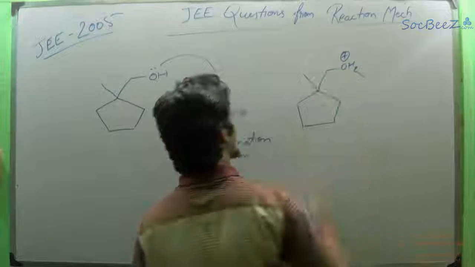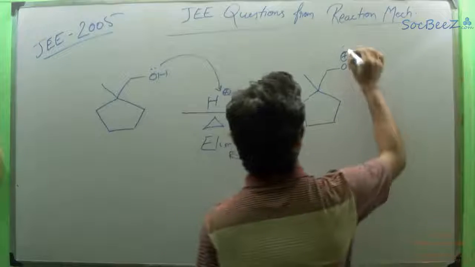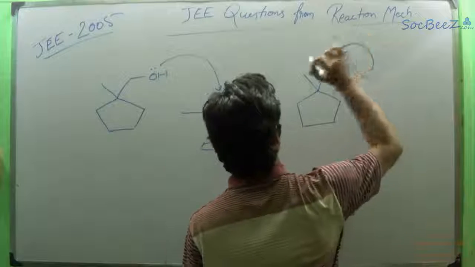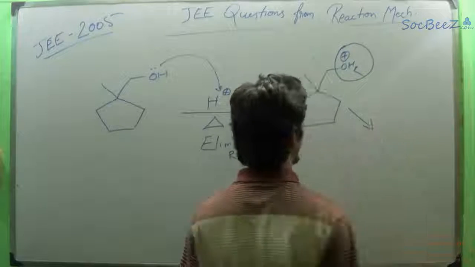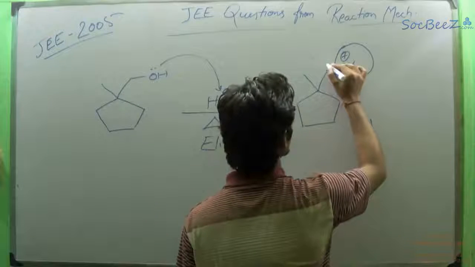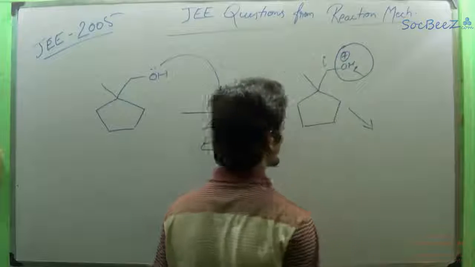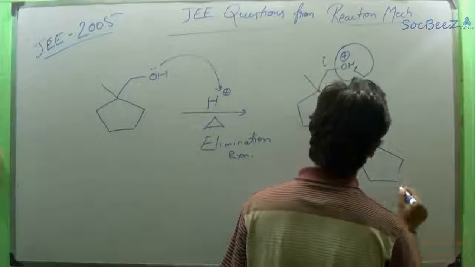Now this OH2 plus is a good leaving group. So it will give rise to a carbocation, which is initially 1 degree,